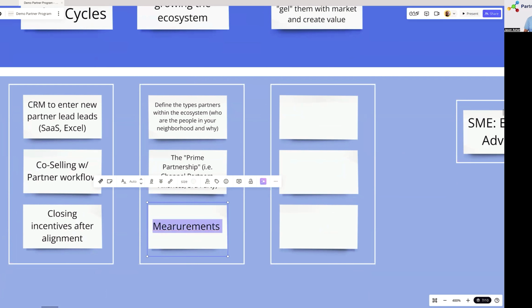Then we have ecosystem metrics, right? And then those ecosystem measurements are really going to revolve around, okay, so for example, who is driving what, right? In terms of brand awareness, leads, advocacy,